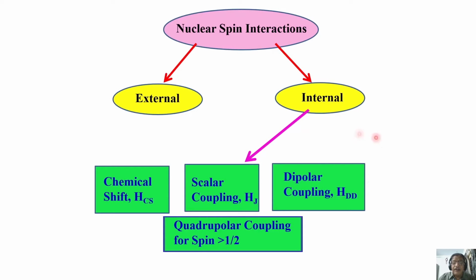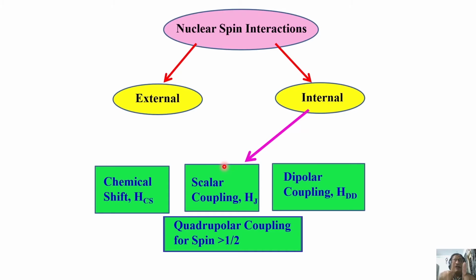We can also think of another type of interaction called dipolar coupling. What is this dipolar coupling? For the scalar interaction, we required a chemical bond. Think of a situation where there is no chemical bond. A big molecule is there, in a three-dimensional conformation, and there are two protons which may be separated by several bonds. Doesn't matter. But when you see them spatially, they may come close to each other, very close, within 2 or 3 angstroms, or 3-4 angstroms, let us say. They come close in space.